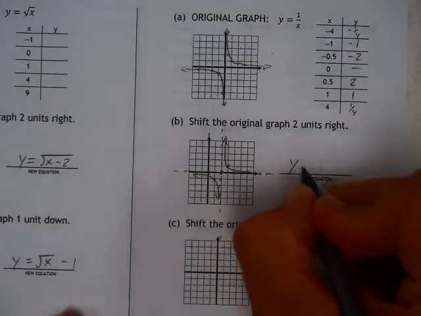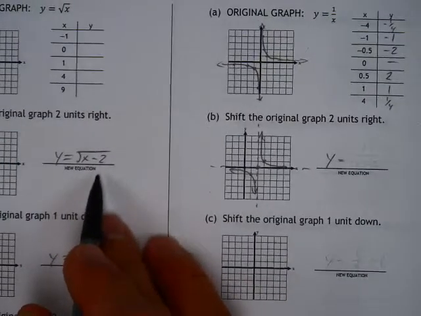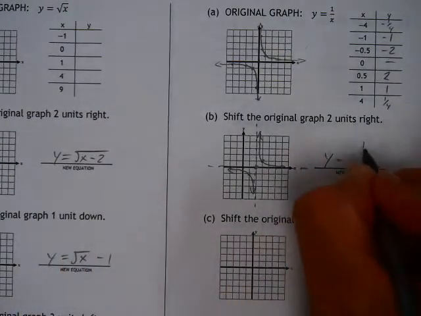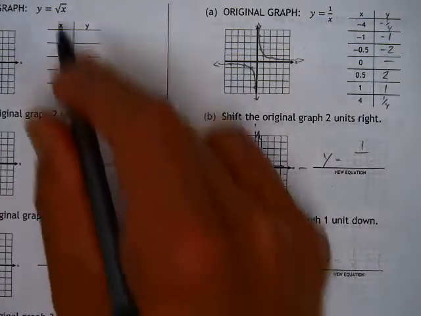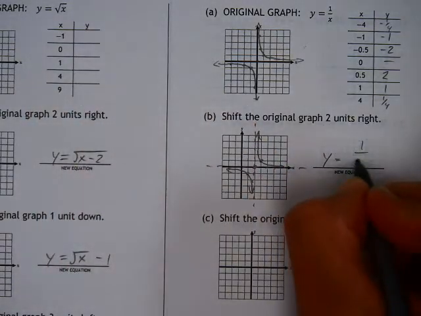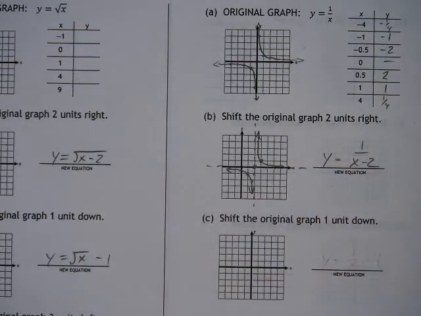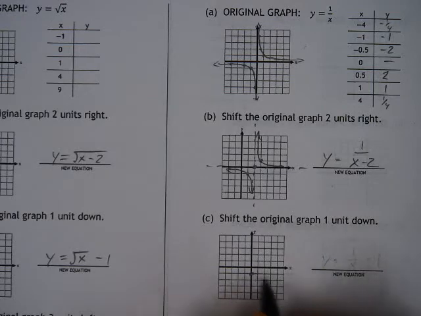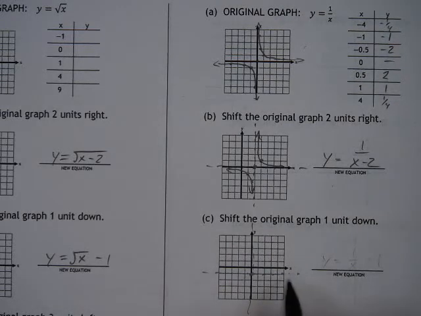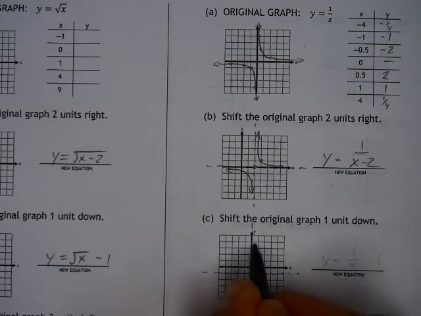And the equation here is going to be, as we saw over here when we did the x minus 2, instead of 1 over x, like this was, instead of just the square root of x, it was the square root of x minus 2. This is going to be 1 over x minus 2. And then when we go down 1 unit, the center is going to be here. We have our dotted line right through the y-axis and right through -1. It got shifted down, and if we have our little approach,